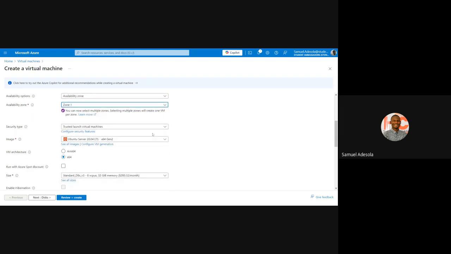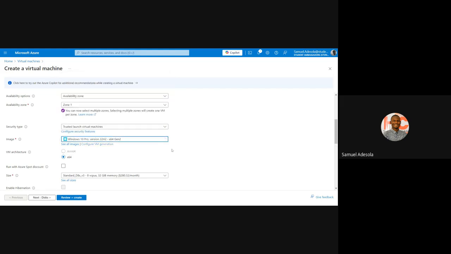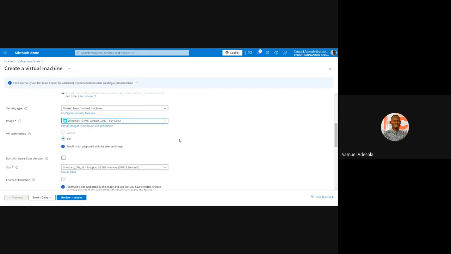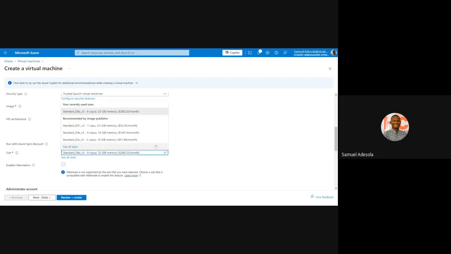So it asks me which operating system do I want my computer to have? I think we are able to understand this. It said image. Image means which operating system. It said choose the base operating system for the virtual machine. So I've now come down here and select. I have different options. You see, we have Windows 10, and like okay, let me just click Windows 10. Let's say I want a Windows 10 computer. Windows 10 x64. So next it's asking what is the size? What size do I want? Let me say okay, I want.